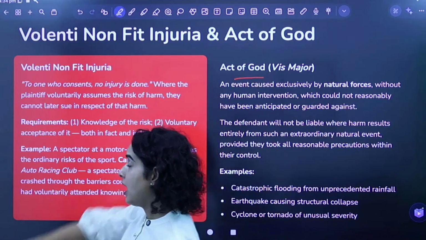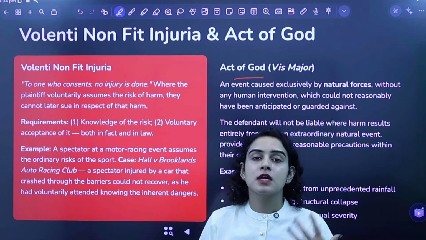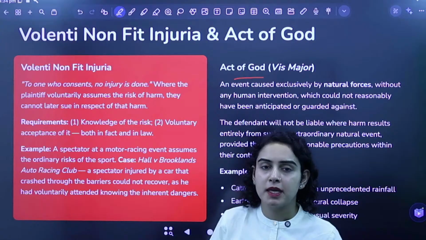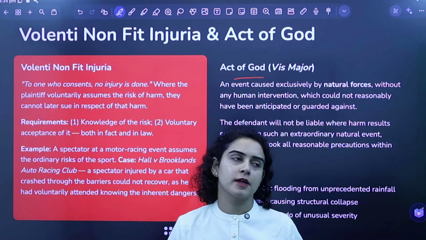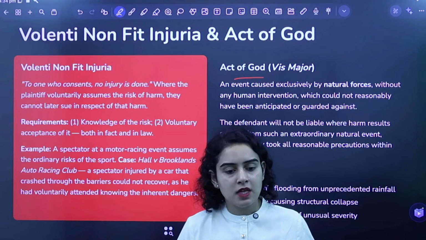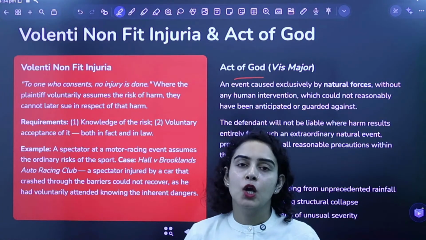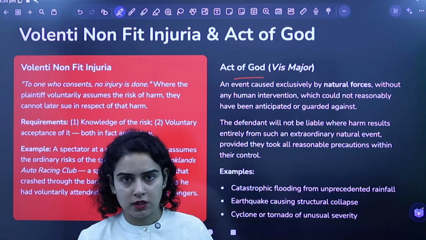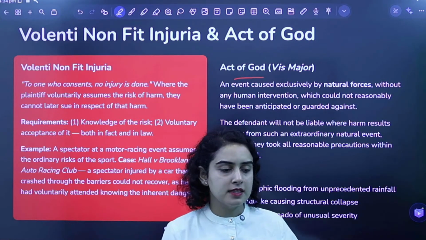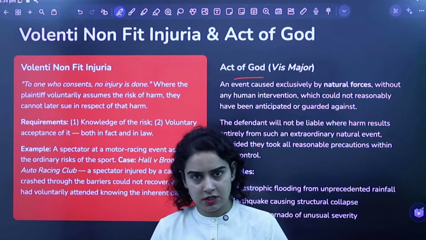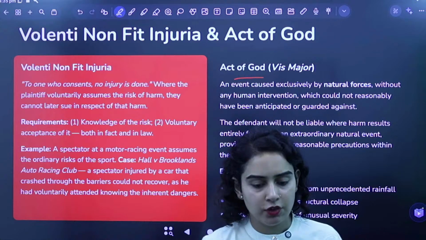Second is act of God. Act of God basically means anything which is done out of some supernatural forces. Usually हम इसमें natural disasters like floods and earthquakes and cyclones हम इसको consider करते हैं. तो कुछ भी ऐसा नुकसान जो कि any natural calamity या natural disaster की वजह से हो जाता है, उसमें law of torts applicable नहीं होता. You cannot go and say that, okay, maybe this earthquake has damaged this and I want compensation. No, the court says this is act of God. We do not have any legal remedy for the same.